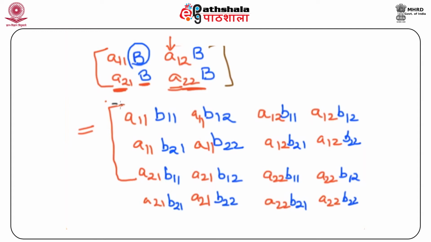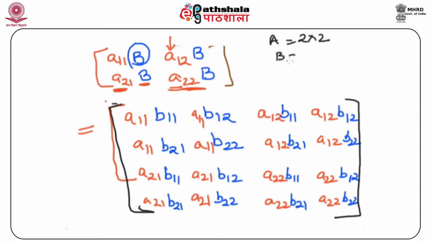So what we get, you can see, is the matrix which is the direct product of A into B. And notice that both A as well as B were 2 by 2 matrices. What you have got as the direct product matrix of A and B has 1, 2, 3, 4 rows and similarly 4 columns. So it is a 4 by 4 matrix.